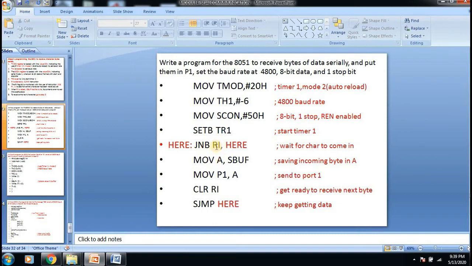When it is raised, SBUF will have the received data, which is placed in port P1. Then we clear RI to make sure it is ready to receive the next byte, and we can repeat this loop if we are receiving more characters.